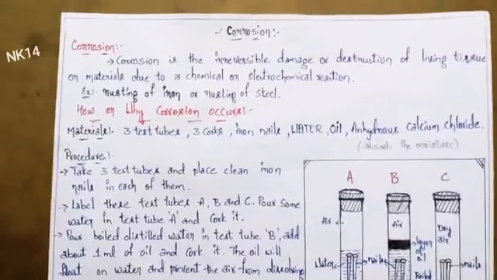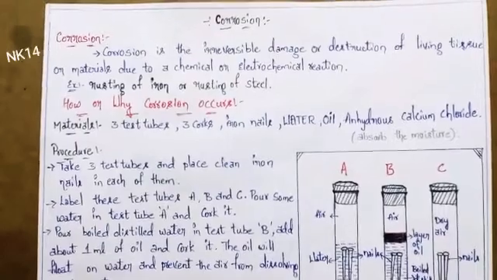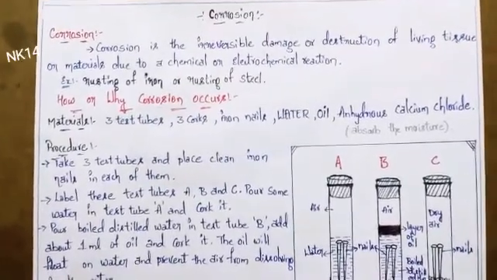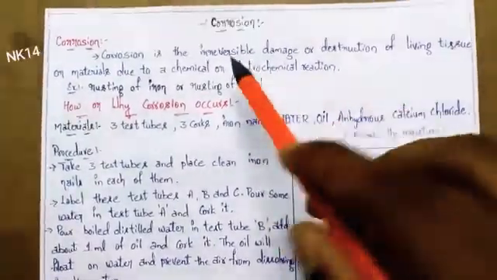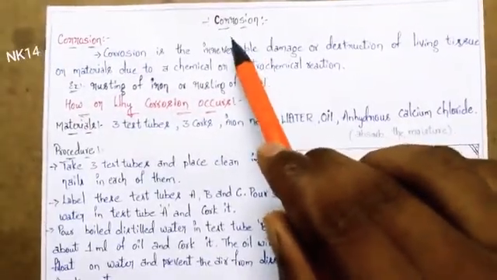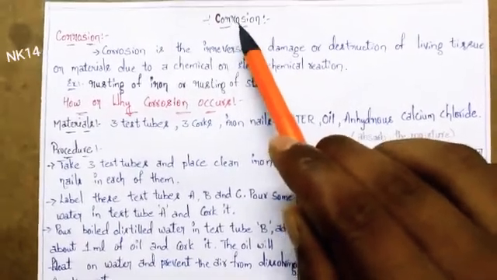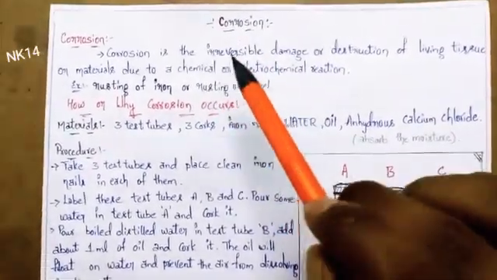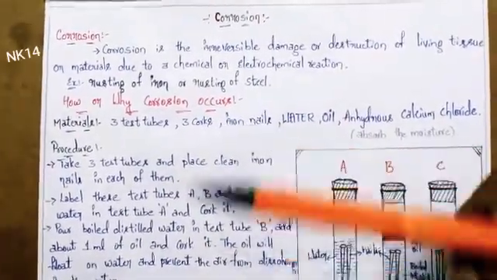Hi friends, till now we have seen many topics, but the topic I have chosen today is related to that, and that is corrosion. In our general life we have seen many places where corrosion is happening. In our surroundings also corrosion is happening. So how does it happen, and what is corrosion first? Let's see step by step.